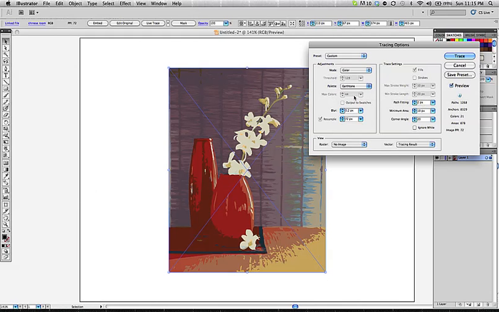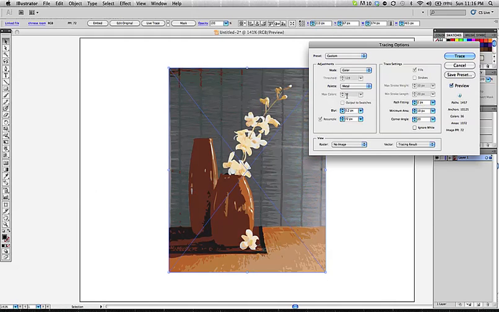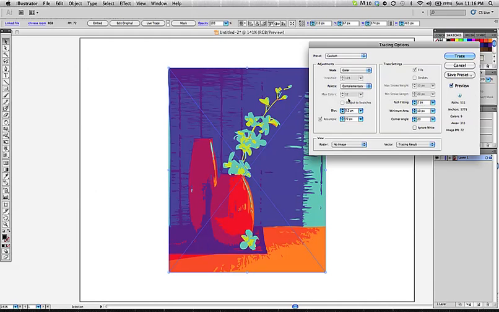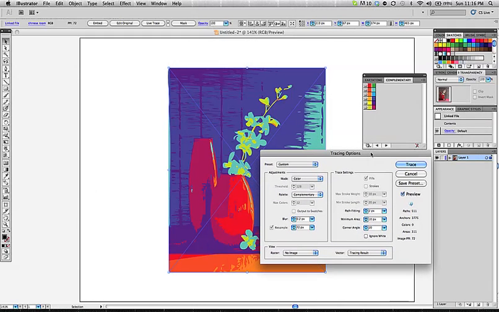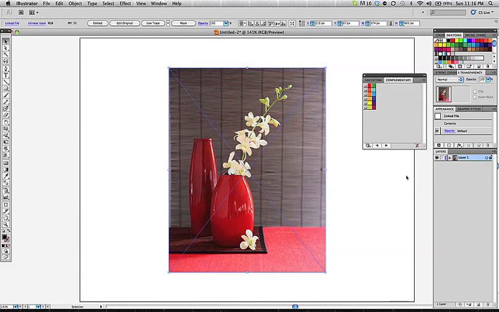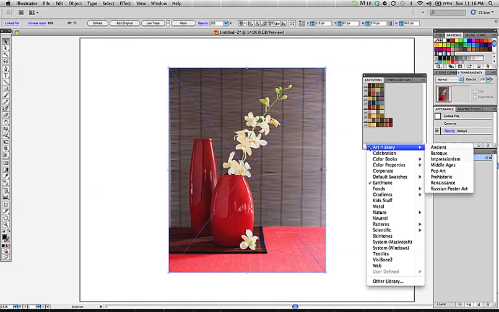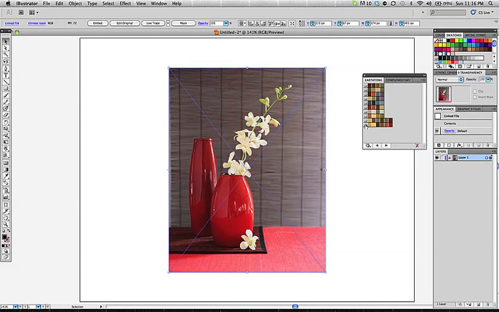If I go to metal, metal has 55 colors in it. If I go to complementary, complementary only has 12. So you can see what it's doing is using those different swatch palettes from the library, but it's using all of the colors that are in there. So you could do something where if I hit cancel and I come back to, well, let's do earth tones. This palette, you could basically